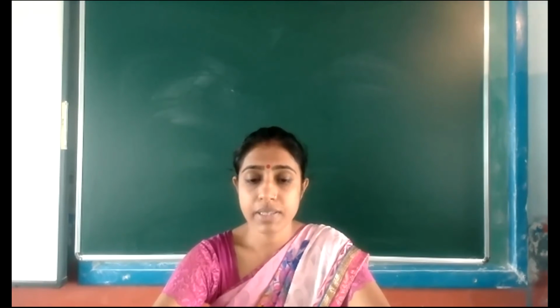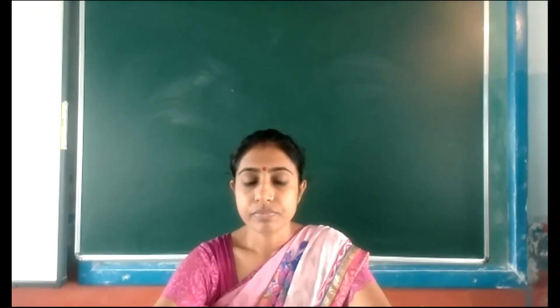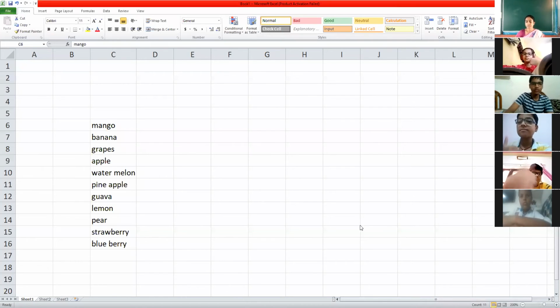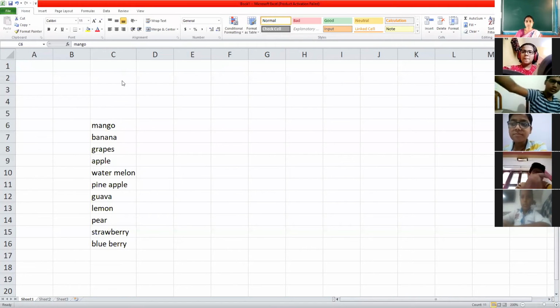Fine, I'm sharing my screen with you. Is my screen clear to everyone? Okay, so you can see some fruit names are written here. Now, I have left these many blank cells over there, and I want, without copying, these to be there from the top. By mistake or intentionally, or whatever the reason, these cells are empty. I want this data to start from here.